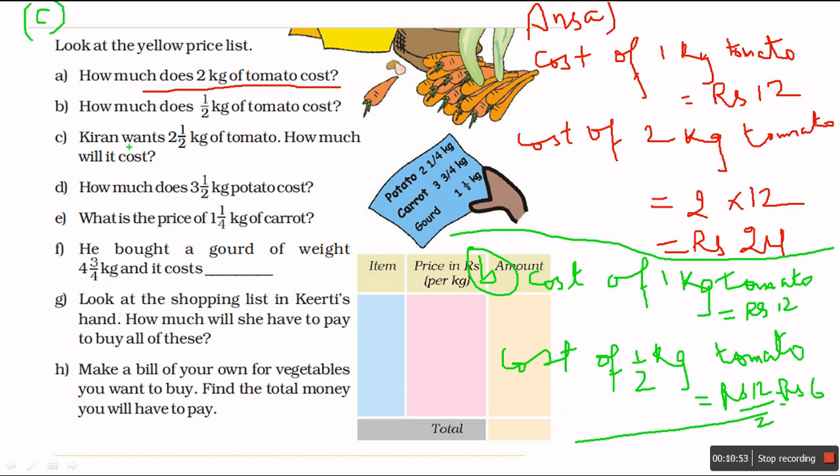Question number C. Kiran wants 2.5 kg of tomato. How much will it cost? Okay. So for question number C, we have to do like this. 2.5 means we should know cost of 2 kg tomato plus we should know cost of half kg tomato. So whatever total cost will become cost of 2.5 kg tomatoes. So we can again do like this for 2 kg tomato and half kg tomato, and for this question number C,